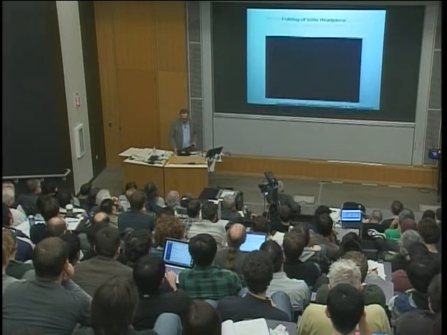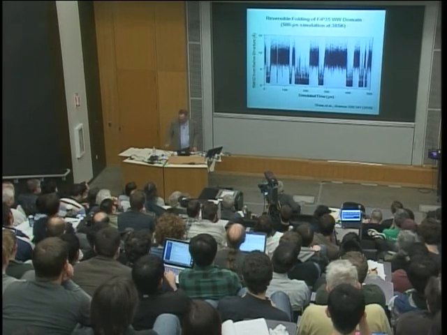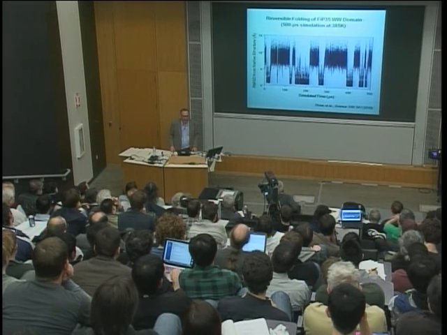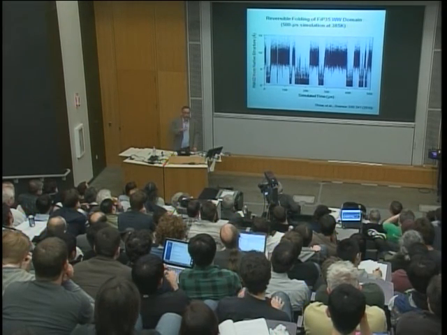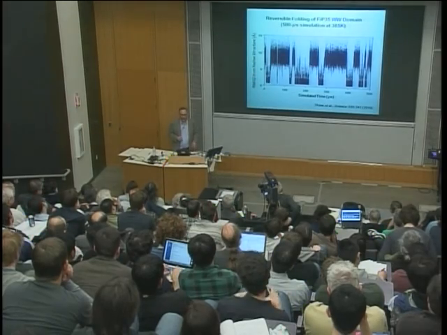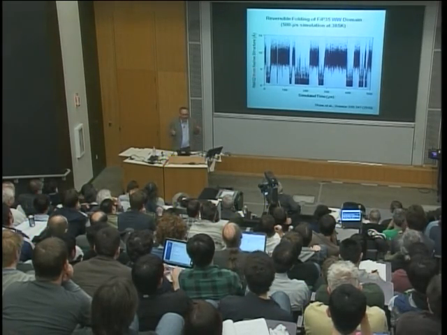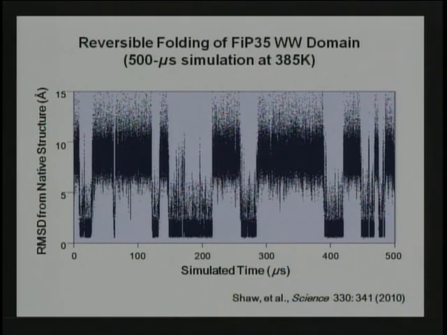There was nothing new about this. Other people had folded this particular protein, even with a much simpler continuous model of water. But what we were able to do is take a look at some proteins that were more interesting to us in various ways, and then take a look at the folding and unfolding of those proteins. First of all, doing it through the whole process and doing it multiple times so we could examine what the pathway is, what the sequence of changes was by which this particular small protein, a WW domain, folds. And so here you just see the folding process occurring repeatedly.